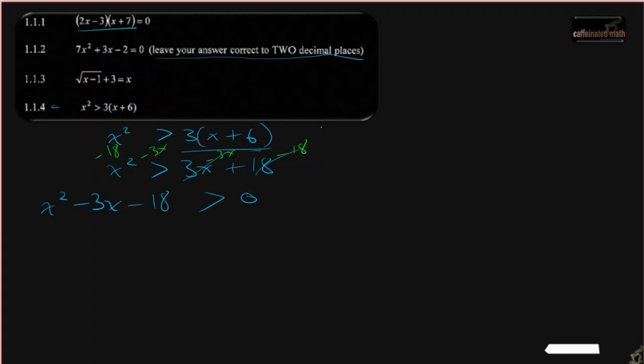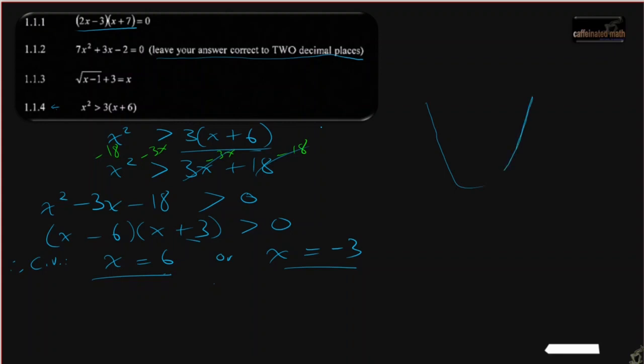We prefer that. Well, this should factorize. Of course it does, I prepped it earlier. Well, we want a minus 3 in the middle, so it's minus 6 plus 3. Therefore, our critical values are x being equal to 6 or x being equal to negative 3. Remember, these are not the answers. We will turn it into a solution though by